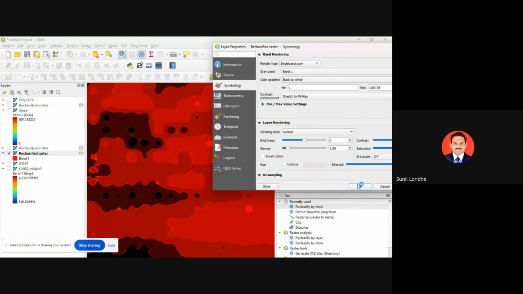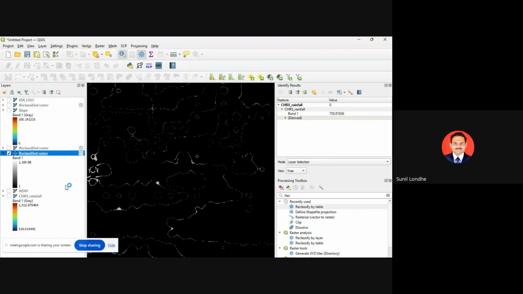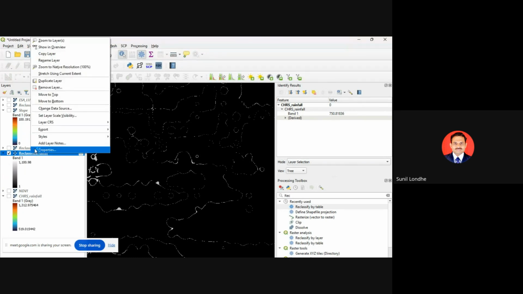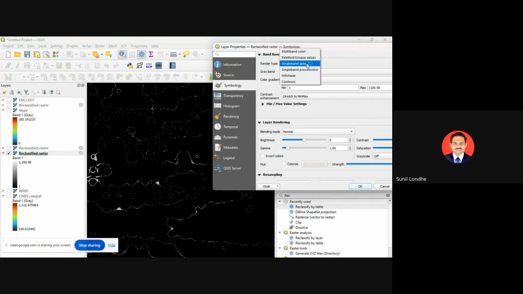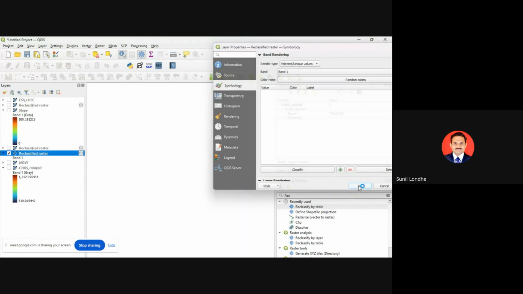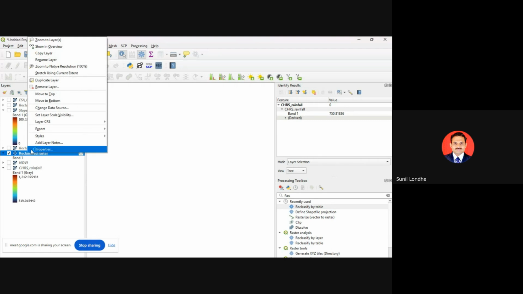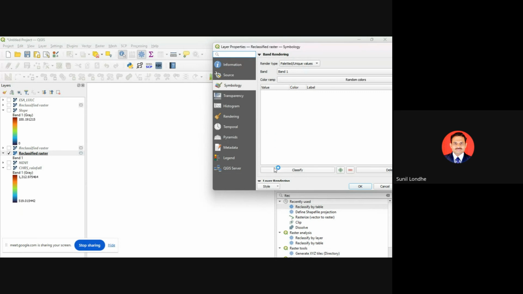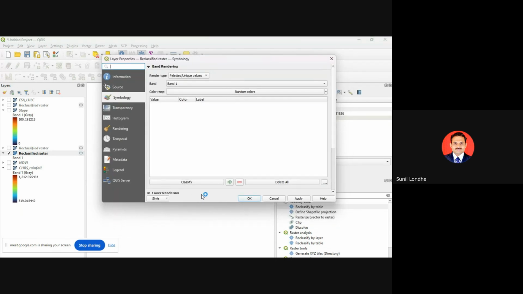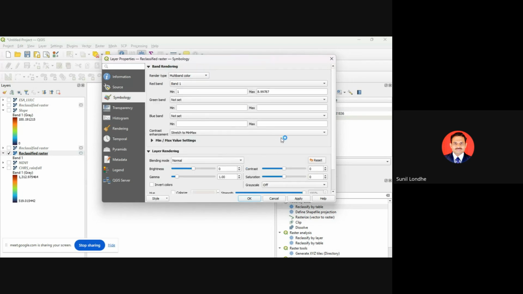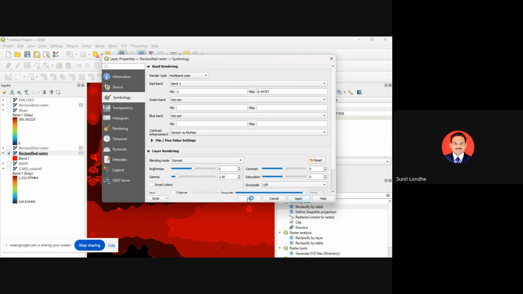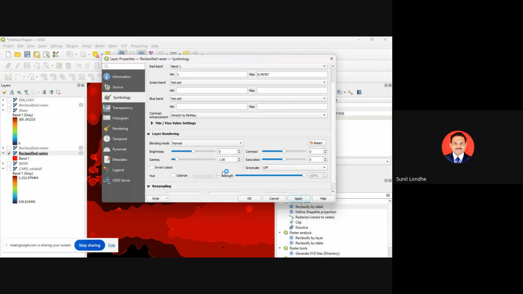इसको आप सिंगल बैंड ग्रे में करोगे तो ये आपको ऐसा दिखेगा। ठीक है, जब प्रोसेस कंप्लीट होता है तब बाय डिफॉल्ट आपको ऐसा आता है। यहाँ पे आपको बहुत सारे ऑप्शंस हैं, तो आप यूनिक वैल्यूज भी ले सकते हो। अगर उसको डिफाइन नहीं किया, तो यहाँ से आप चेंज कर सकते हो। यूनिक वैल्यूज मैं नहीं लेता हूँ क्योंकि ये सारा गड़बड़ होगा। तो इसमें सिर्फ लुक एंड फील चेंज होगा। यहाँ भी बहुत सारे ऑप्शंस हैं, आप उसको भी ट्राई कर सकते हो।